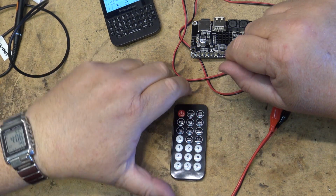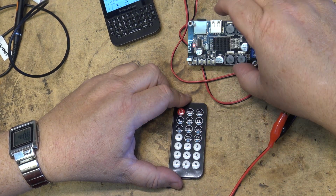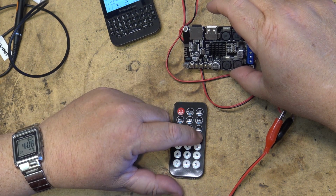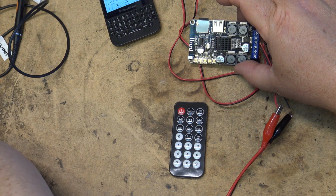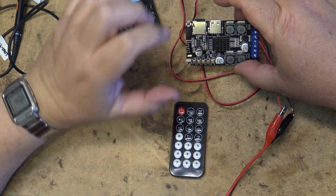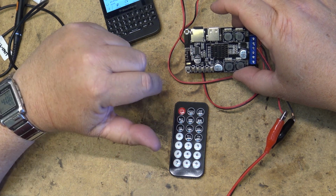Well, the number buttons don't appear to do anything. I don't think this has an FM radio built in. It's got an FM button, but I think this is just a standard remote that's probably included with a bunch of different devices. And this one here more than likely only supports skip forward, skip backwards, play, pause,